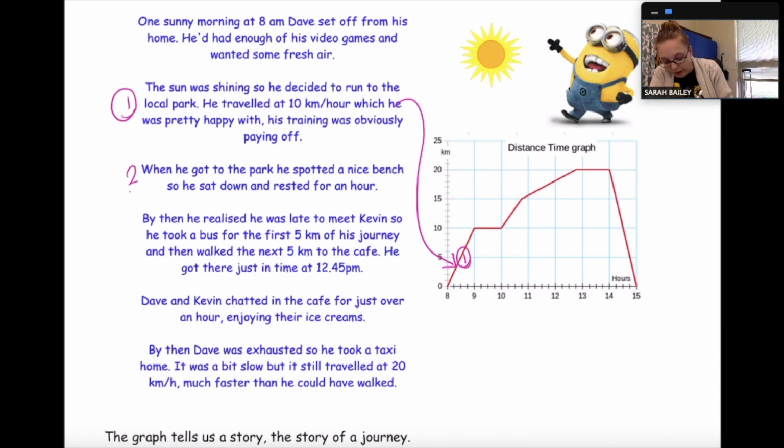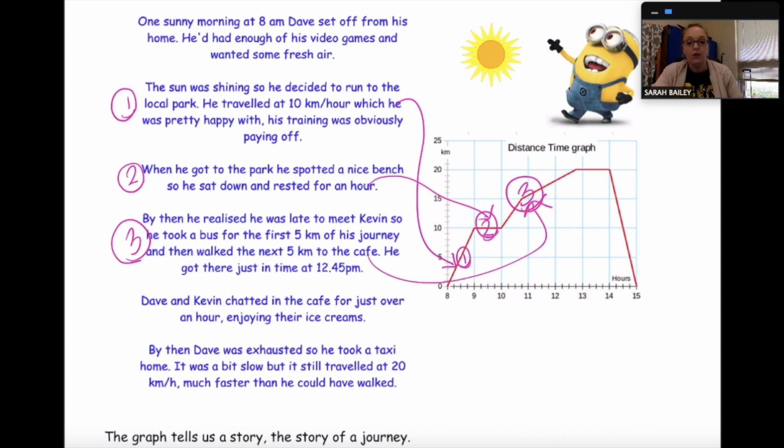My second paragraph here refers to him sitting on the bench. So his distance is going to stay the same while time increases, right? So this is going to be him sitting on the bench. By then he realized he was late, so he took a bus for the first 5 kilometers and then walked the next 5. So this whole section, there's like 2 pieces there, right? So there's a part where he's on the bus, and then there is a part where he is walking in